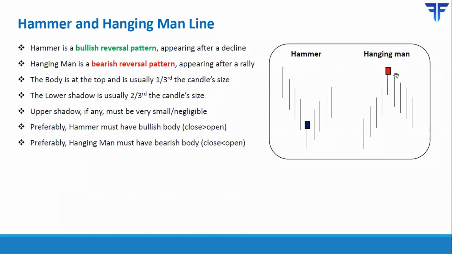In the coming days, if the high of the hanging man is not broken and if the low of the hanging man breaks, then it signals a change in trend from up to down. So the way you trade this pattern is on the day the hanging man is printed, you would not place a trade, but on the following day, if the low of the hanging man breaks, then you place a sell, keeping a stop loss above the high of the hanging man. So that's how this pattern is traded.